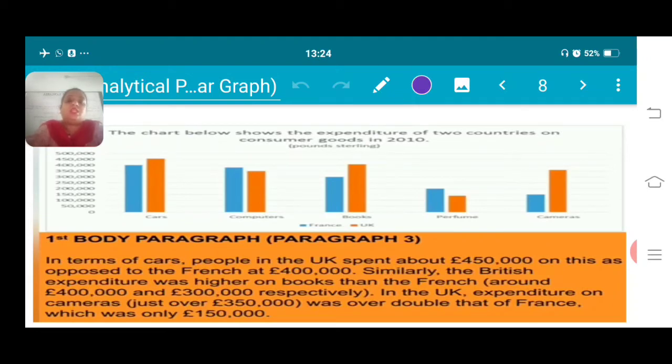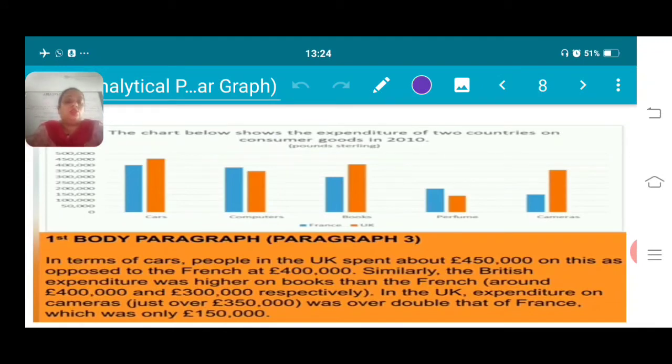Similarly, the British expenditure was higher on the books than the French, around 4 lakh pounds and 3 lakh respectively. So in the UK, expenditure on cameras, just over 350,000 pounds, was over double that of France, which was only